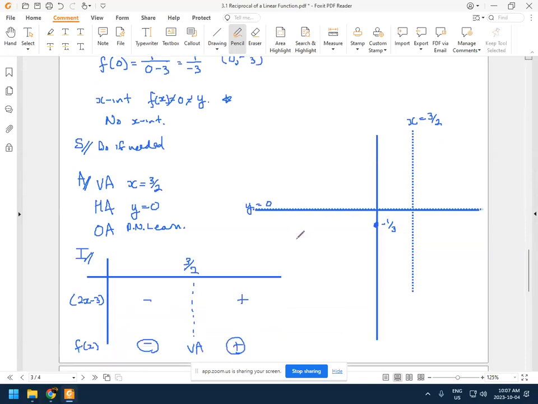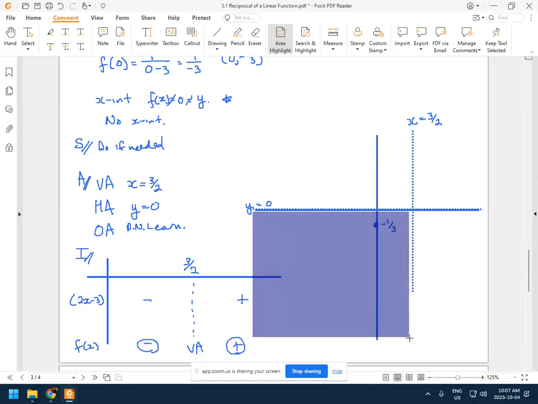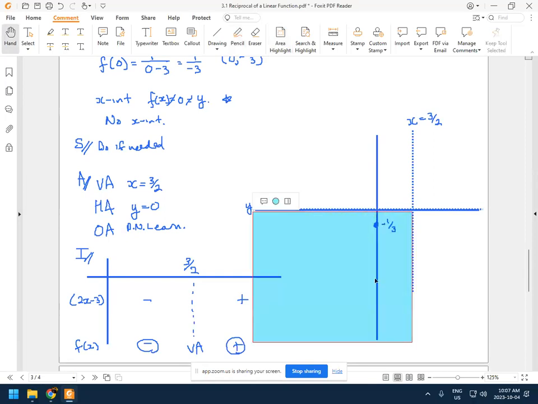And let's see if my chart agrees. My chart says, if I'm to the left of the vertical asymptote, I gotta be in the negative. If I'm to the right of my vertical asymptote, I've gotta be positive. In your head, I'm hoping that you already see a shaded area. If I'm to the left of my vertical asymptote, I've got to be here. And if I'm to the right, I've got to be here. How do we reconcile that? You could do some accuracy points here, but your graph should look something like